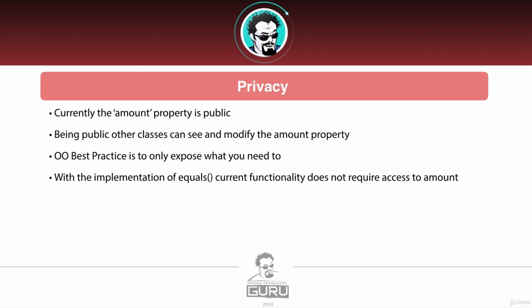Now, object-oriented best practice is to only expose what you need to. You want to restrict access. And I don't want to get into a lot of the theory behind object-oriented programming in this course, but that is considered a best practice, is to only expose what you need to and practice defensive programming, because you don't want other classes to be able to go and modify that property, because it could really wreak havoc